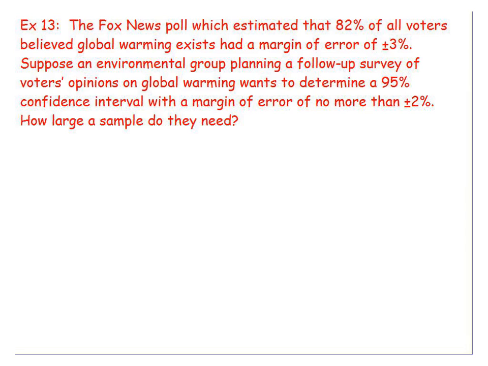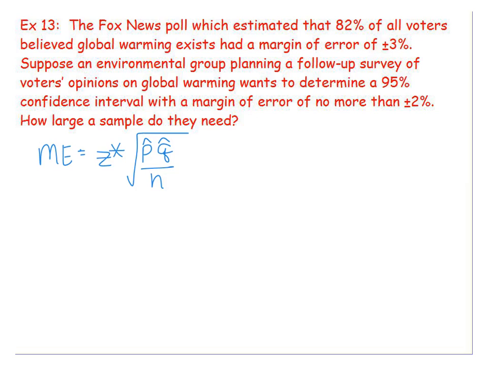So I want to refer back to the margin of error formula that we learned. Margin of error was always found by taking your Z star number times your standard error, which was the square root of P hat, Q hat divided by N. Before, we knew everything on the right side and we were just simply typing it into the calculator to find the margin of error. Now we know the margin of error and we do not know the sample size. We don't know N. And so we're going to plug in everything we do know and we're going to work